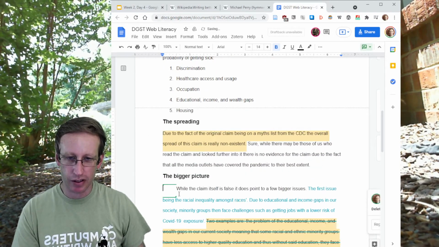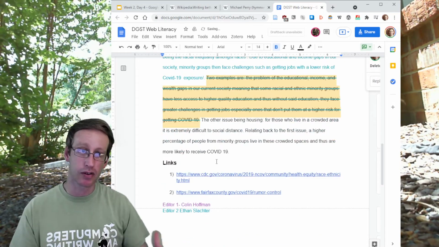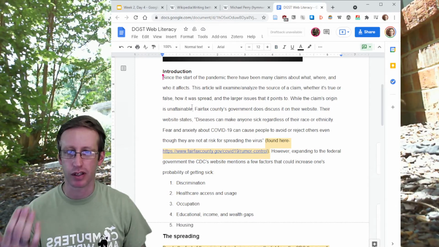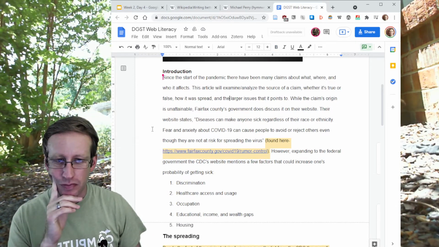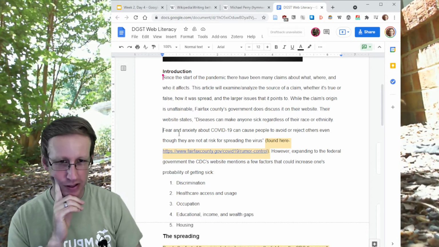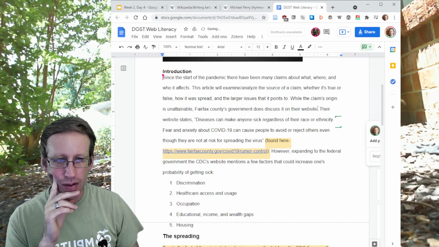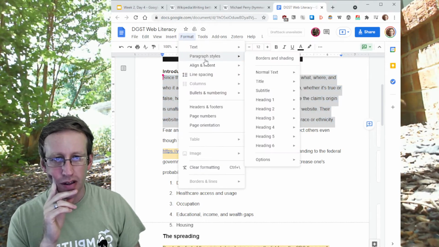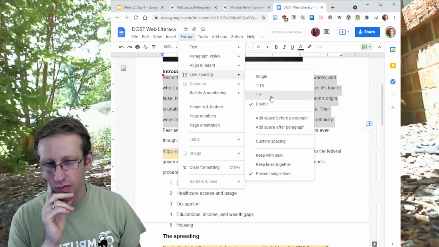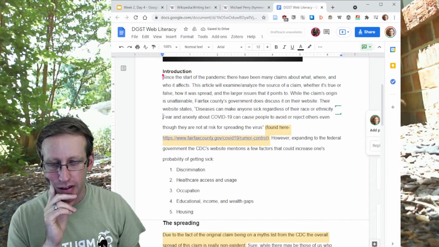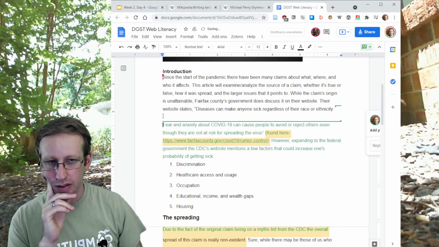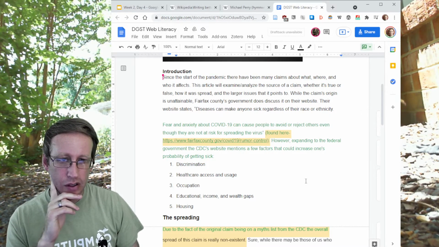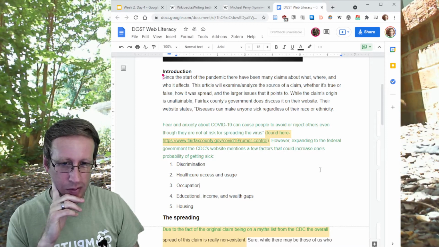All right, so looking at a few things, as you're noting and as I think you're doing right now, you do want to left indent, right? Don't indent, just keep things all the way to the left. If you need more visual separation between paragraphs, you can do a couple of things. Let's actually make a paragraph break right here because that looks like a logical break anyway. What you can do is actually two things. You can make the line spacing not double, but like 1.5, and then put an extra, just an empty line between paragraphs. That's a pretty common way to do that. So if those things make sense to you, you can accept those changes as I've done.